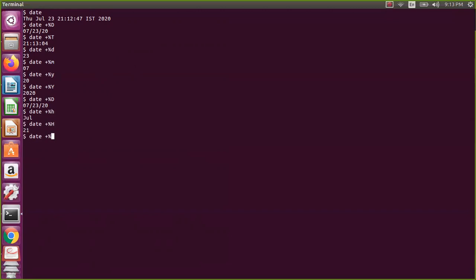Hours, 21 hours actually, and then minutes 13, and then seconds, percent S is seconds. Small s is the number of seconds elapsed from Jan 1, 1970. In Unix terminology, it checks the time as the number of seconds elapsed from the standard date, which is nothing but Jan 1, 1970. So this is how you will use it.